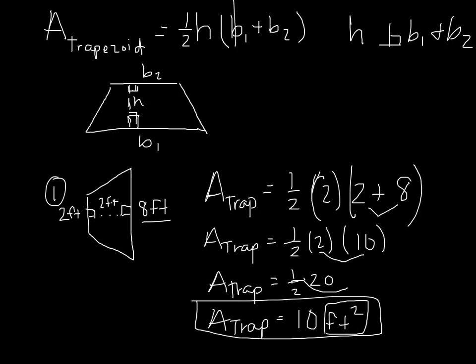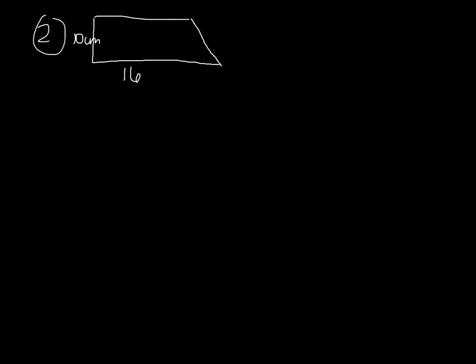Okay, let's try one more here. Here's our second area of a trapezoid. Now this one looks a little different, and that's okay, because we need to just have 2 sides that are parallel to each other. Not 2 pairs, just 2 sides, or 1 pair of parallel sides. So this is 10, this side over here, oh, I apologize, 10 centimeters. Then I have one of my sides is 16 meters,